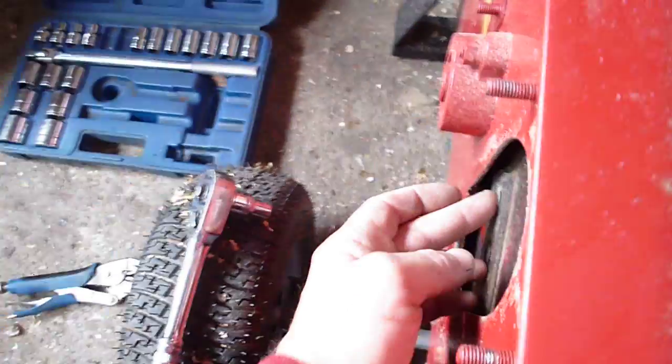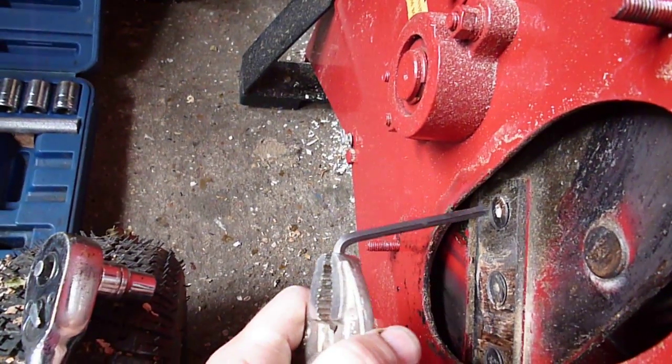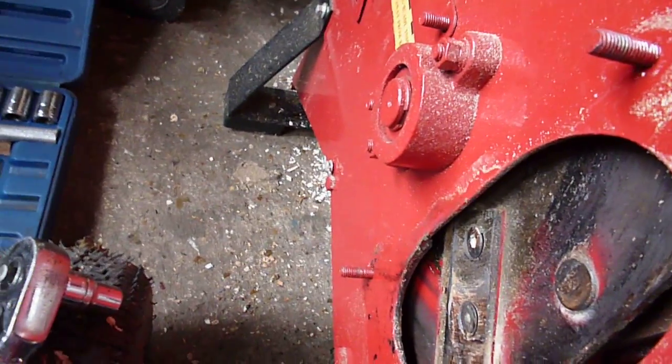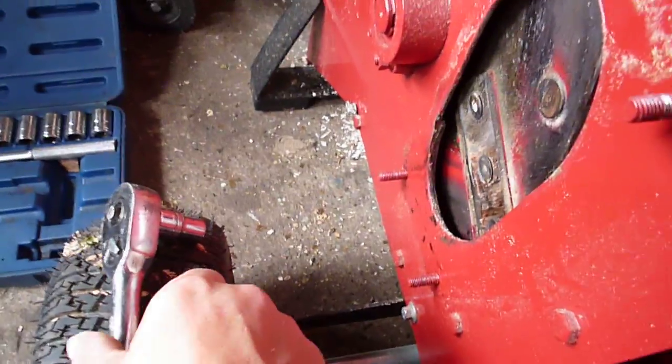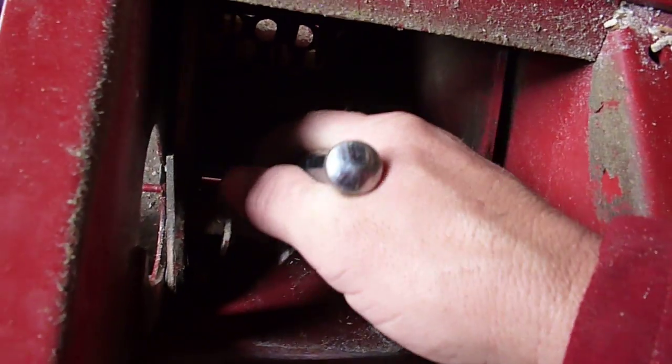Now if you tried to undo this from the outside like I did for a bit, you'd almost break your Allen key, it just ain't going. So what happens is you have to get, I've already loosened all 3 of these off, so you get your socket set down onto the nut, you pull that forward, you then put your hand down and you yank this bit up and the socket set down. I'm sure you know how to undo it anti-clockwise, but you undo that anti-clockwise,